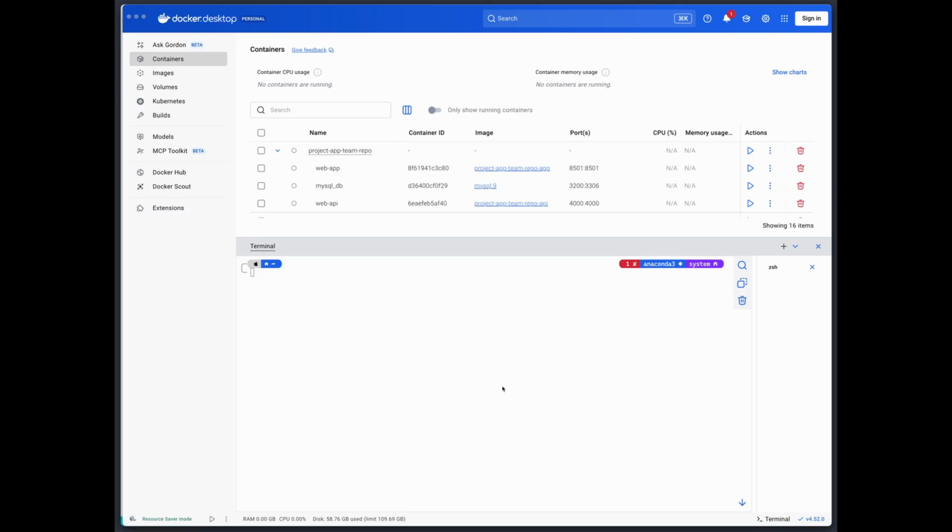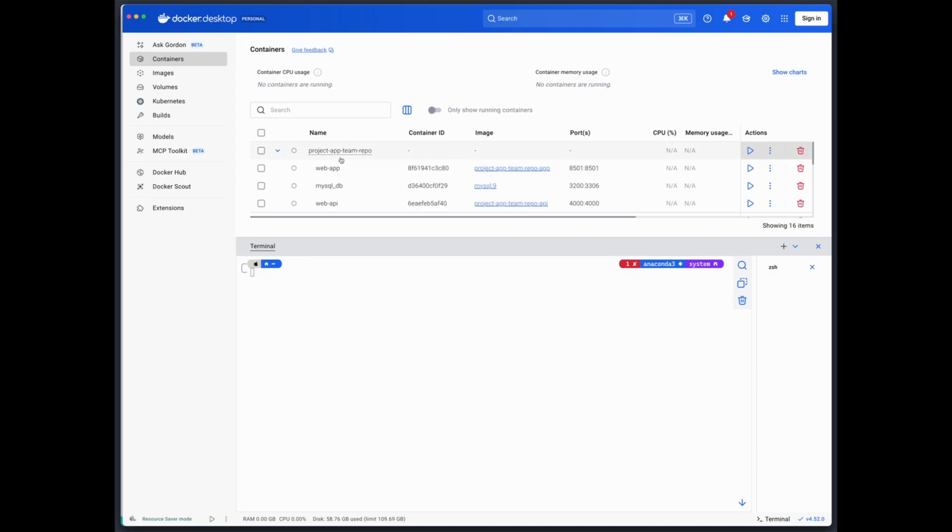where we cloned the repo and started the containers, inside Docker Desktop you'll have these three containers that you see: the web app, MySQL DB, and web API. If you have those from in class or wherever, then you have to delete them in order to work on your team's repository, because Docker won't allow you to have multiple containers that have the same name, like web app, MySQL DB. So if you have that, a quick way to get rid of them is to come into Docker Desktop